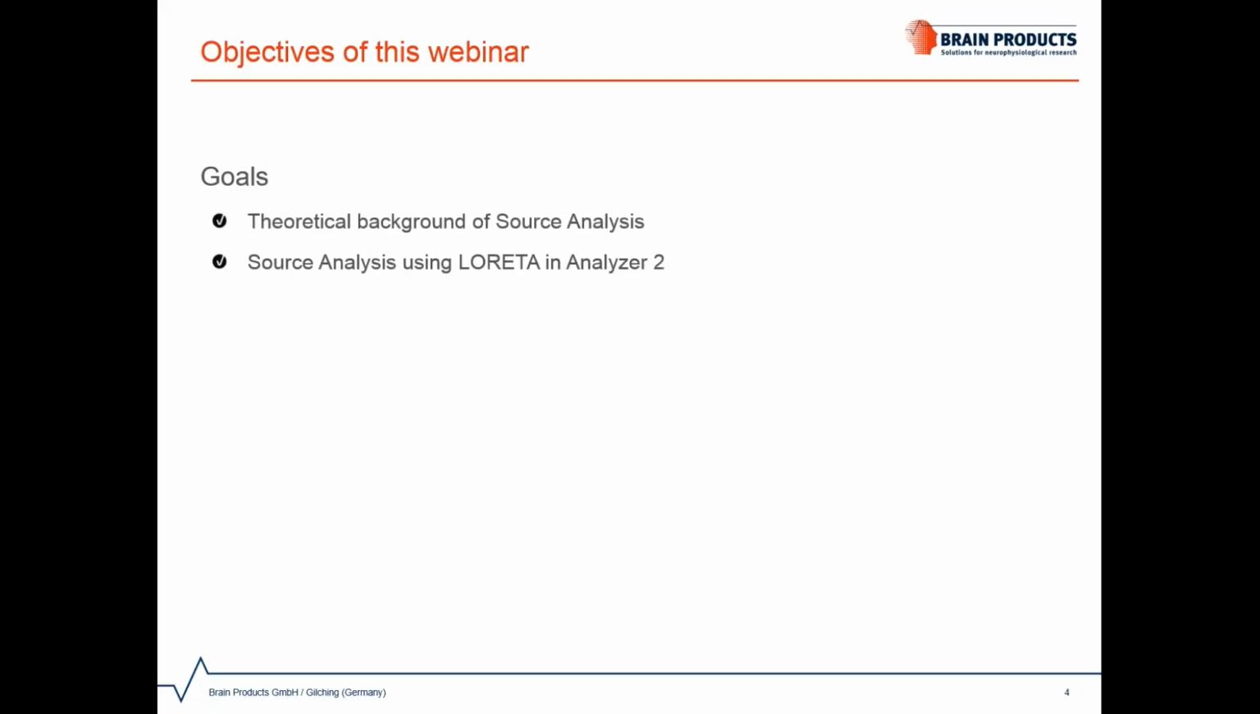So in the next 90 minutes or so, the intended goals are first to familiarize you with the rationale behind source analysis by diving into its basic theoretical background. Next, we will focus mainly on LORETA, which is a well-established and widely used source imaging algorithm in hundreds of scientific publications. And of course, this algorithm, which has gained such widespread popularity, is also what's implemented in Analyzer